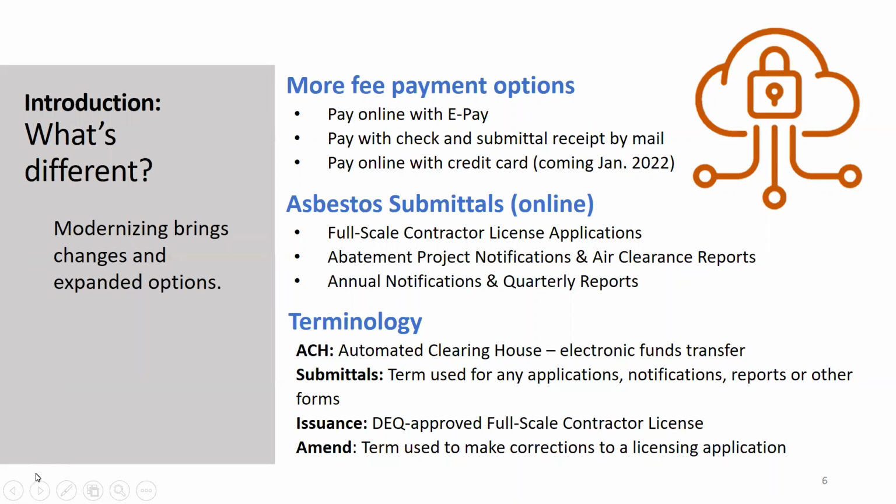You can still pay with a check, but the difference is that you make sure that you mail the check to the new location, which is a US Bank lockbox. It's actually a quicker way to pay by check because it goes directly to the bank and they scan it in. We manage reports on the other end to make sure your check is received. The fastest way is always ePay, but mailing a check to US Bank is the new method, and that location is on the submittal receipt. As long as you mail that with the submittal receipt from the system to that address, that will be processed accordingly.